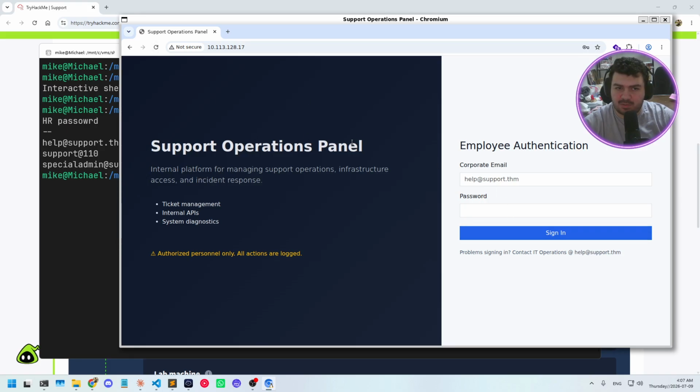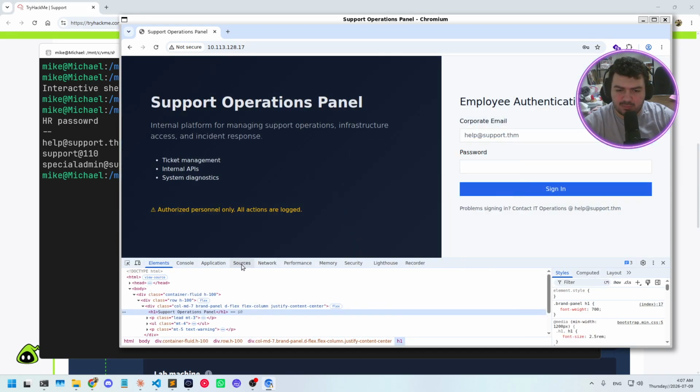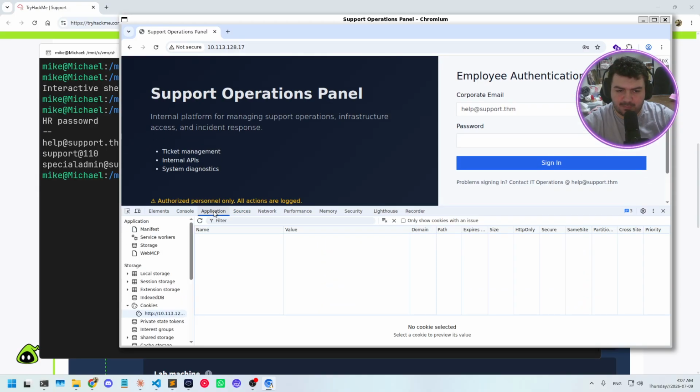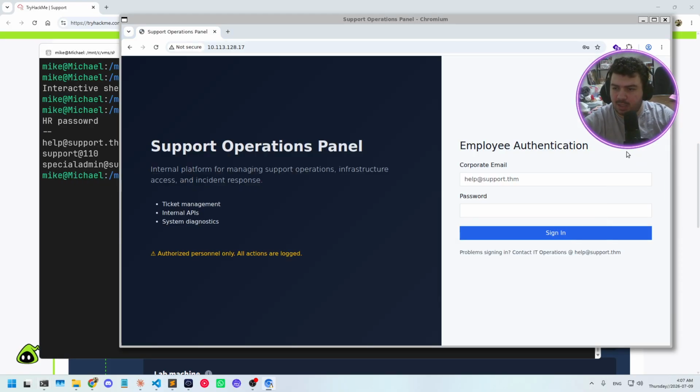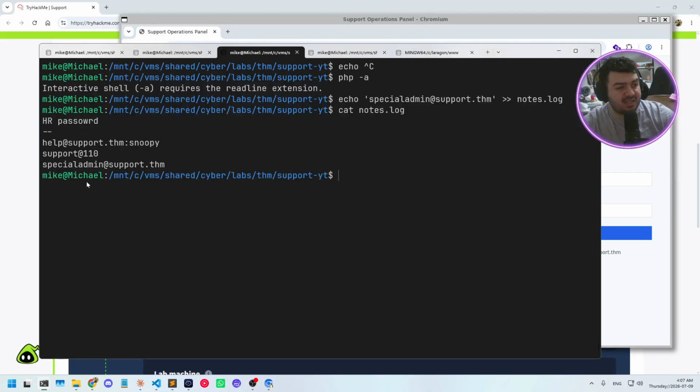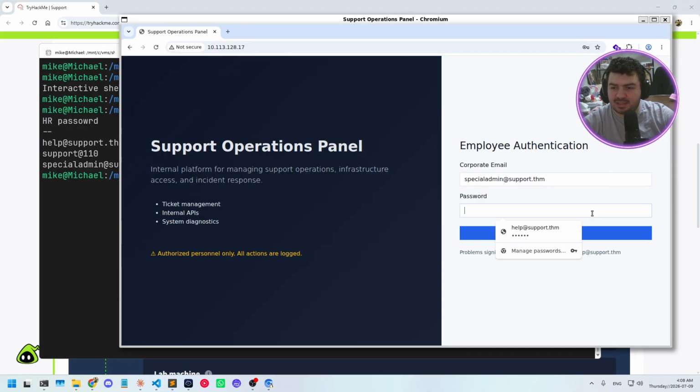And I don't know why it logged me out, honestly. But that's okay. Looks like I should not have logged out, but I'm just going to clear my cookies anyway, because I'll be trying to log in as special admin right now. Now pay attention, because this is the part that I actually got stuck on. When I'm trying to add in the password right here,